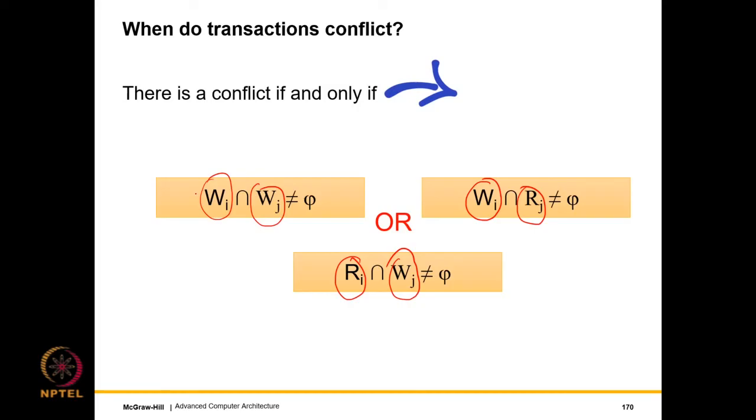Right, that the read sets and write sets should not have an intersection. Of course, we are not considering one case, which is basically the intersection of the read sets of both the transactions. There is no problem as such if they intersect. The reason is that even in the case of data races, we did not have an issue, because if, let's say, two transactions read the same set of variables, then their ordering doesn't matter. There's no reason why the reads have to have a happens-before ordering between them. Right? So the notion of conflicts between transactions directly extends what we have studied from data races.